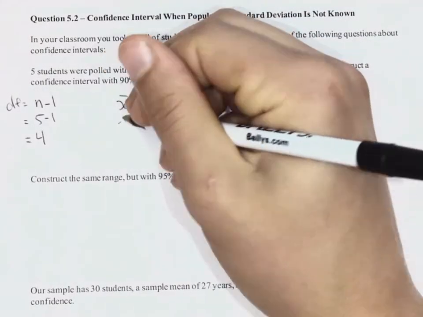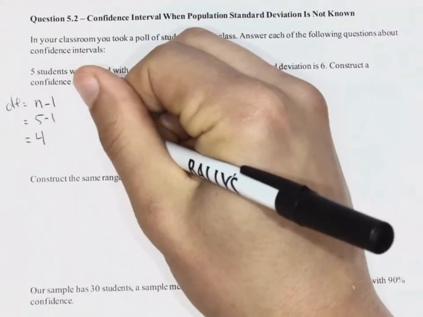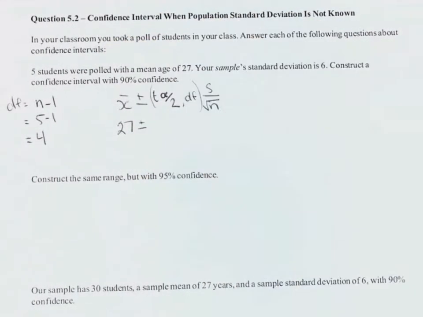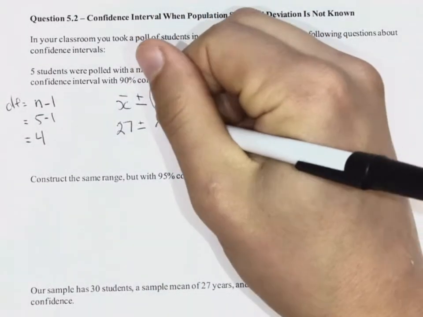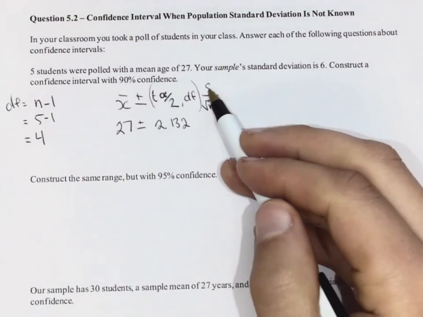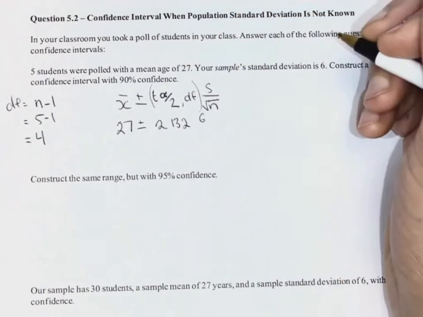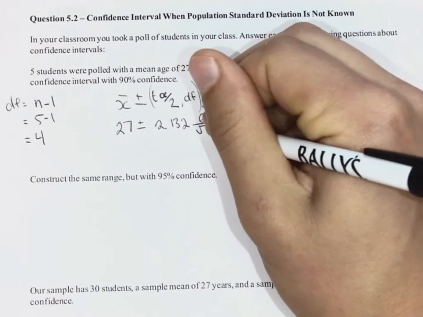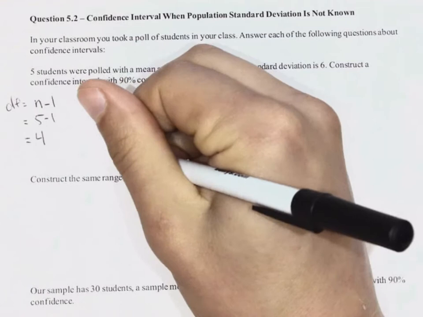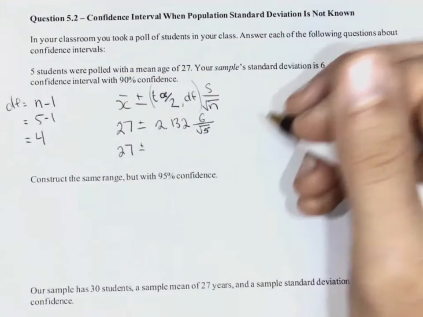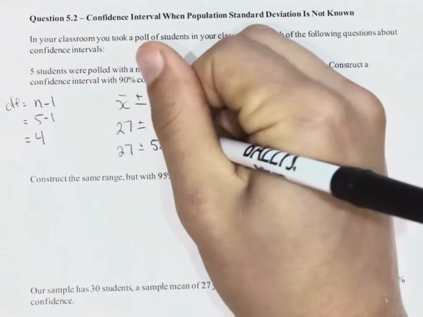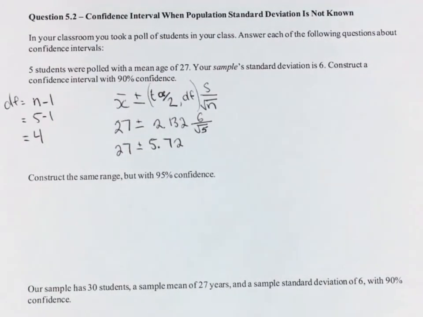Let's enter that into our formula. So our average of our sample is 27. It's our observation. Plus minus 2.132 multiplied by our standard deviation of our sample, which is 6, divided by the square root of our sample size, which is 5. We get a final answer of 27 plus minus 5.72. So this gives us a range